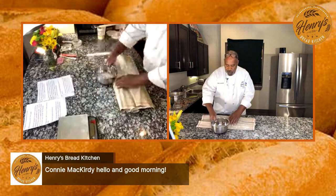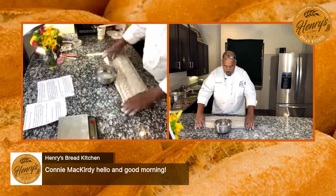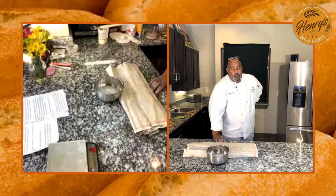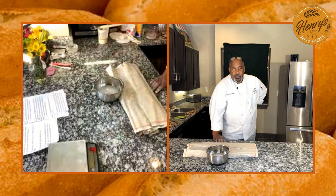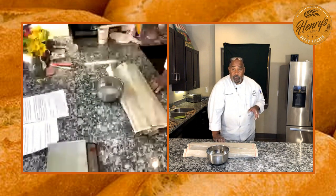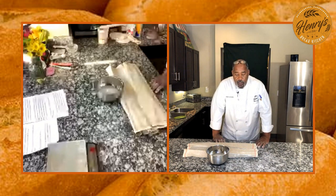And in my kitchen, I have something else that holds it nice and tight. So those will rest now for an hour. Now you want to put your oven at 500 degrees. And you want to put a pan. The biggest difference between French baguettes that are made in a bakery and what you and I are doing is that a bakery has steam injected